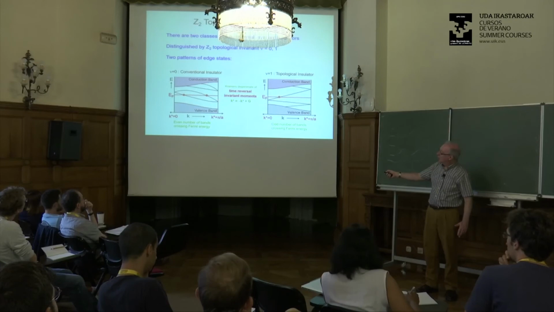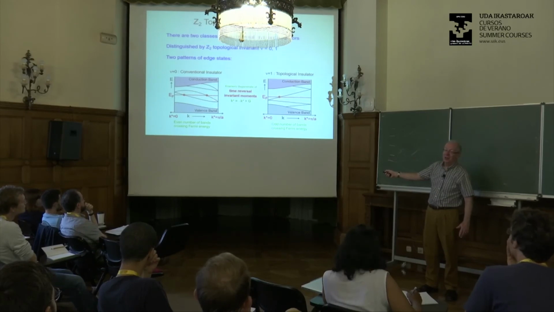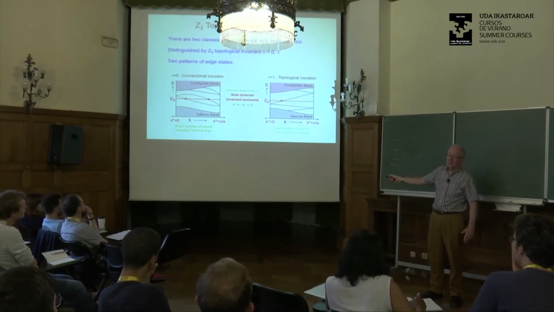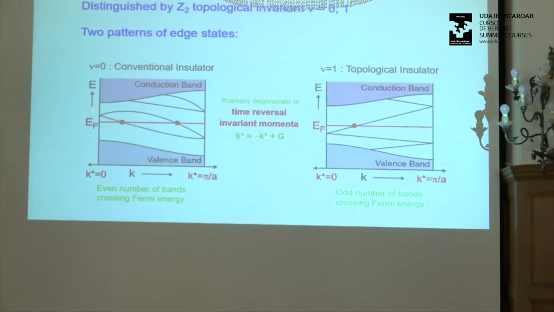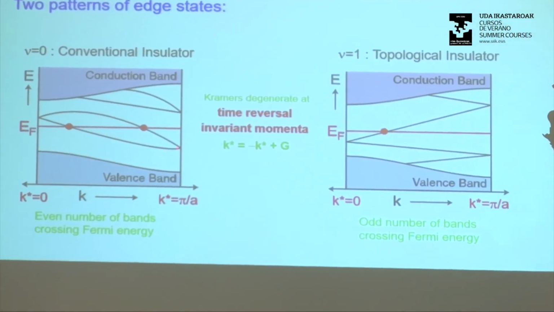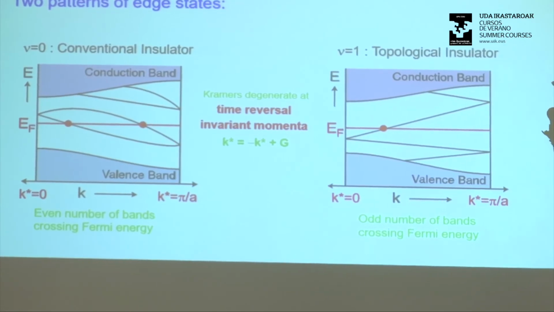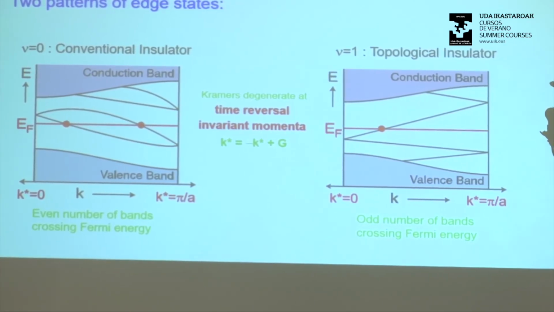When we're at k equals pi, then plus pi and minus pi are the same point there too. So these two points have to be Kramers degenerate as well. Once you see this picture, that you have to have Kramers degeneracies both at k equals 0 and at k equals pi, then you can immediately see why there are two and only two possible